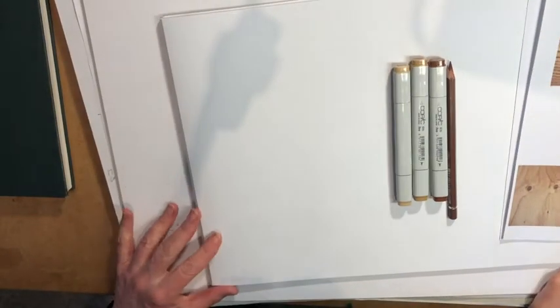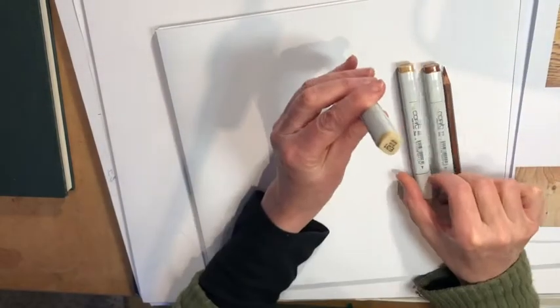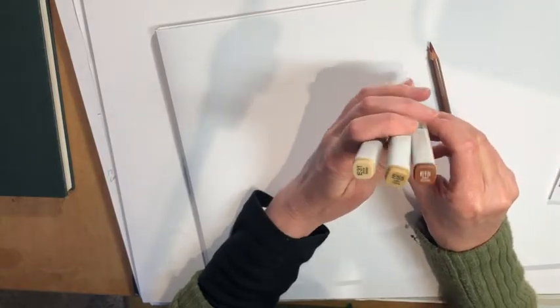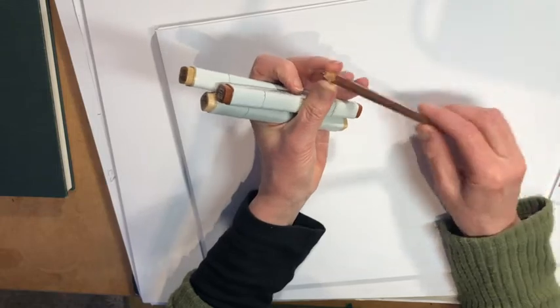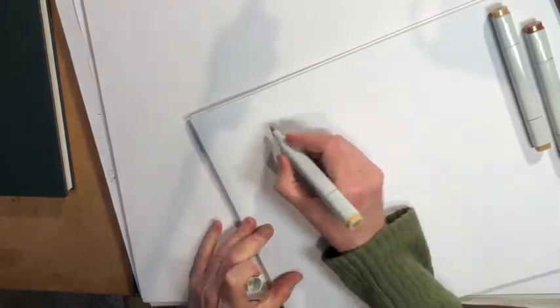Now I'm going to show you how to render wood. So I have 3 markers here, an E31, E55, E15, and I have a brown watercolour pencil. So first of all, I'm going to put down the lightest tone, which is the E31, and I'm just going